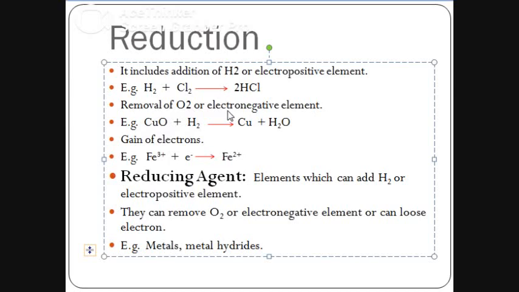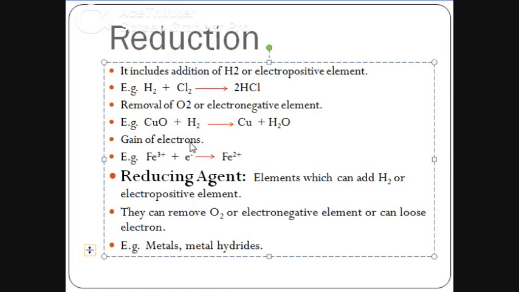Always remember, children, whether it is oxidation or reduction, it will always be on the reactant side only. Product is the yield that we will get after the reaction, so there will not be any oxidation or reduction on this side. It will always be on the reactant side, whether we discuss reduction or oxidation.